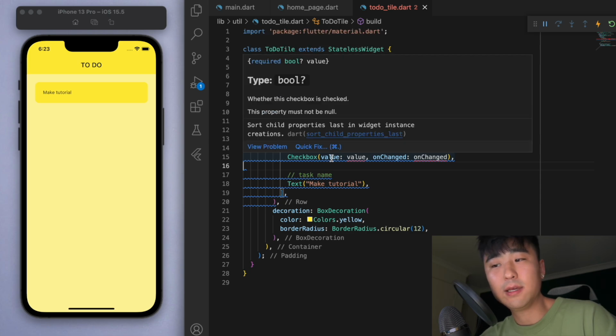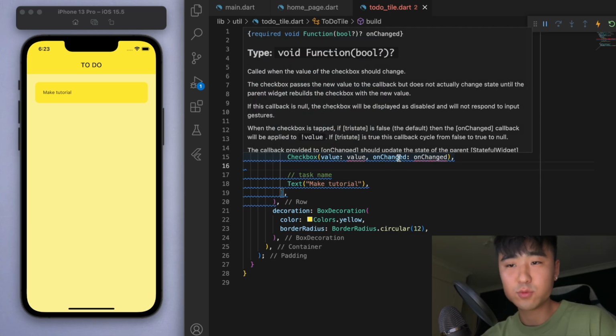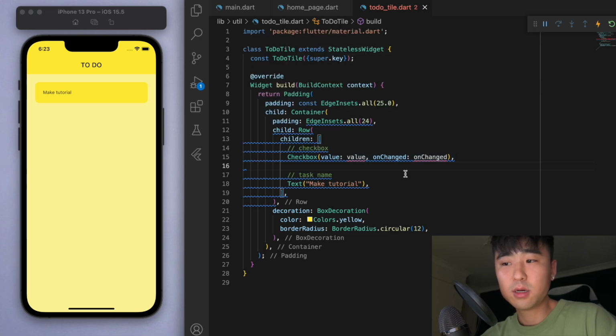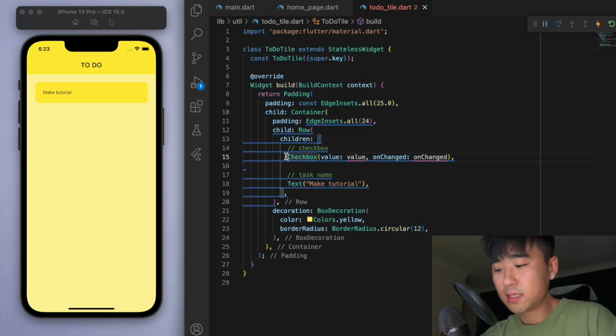The value being a boolean, so it's going to be a true or false value, like I did this task or I didn't do it. And then the onChanged allows us to switch between the two. So if we think about the to-do tile, and if I just comment this checkbox out for a second,